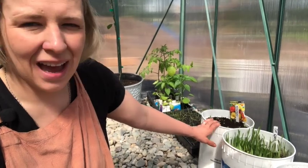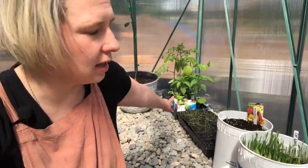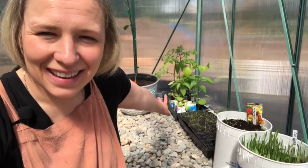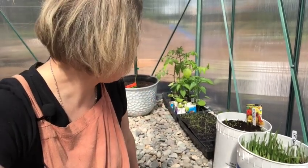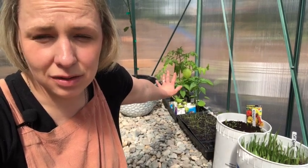really nicely. I also purchased some starts, and my kids have started some things in some milk cartons. And I'll be potting up my peppers and my tomatoes this week. I plan to plant my peppers and tomatoes in these ice cream buckets, but I also, for the first time,